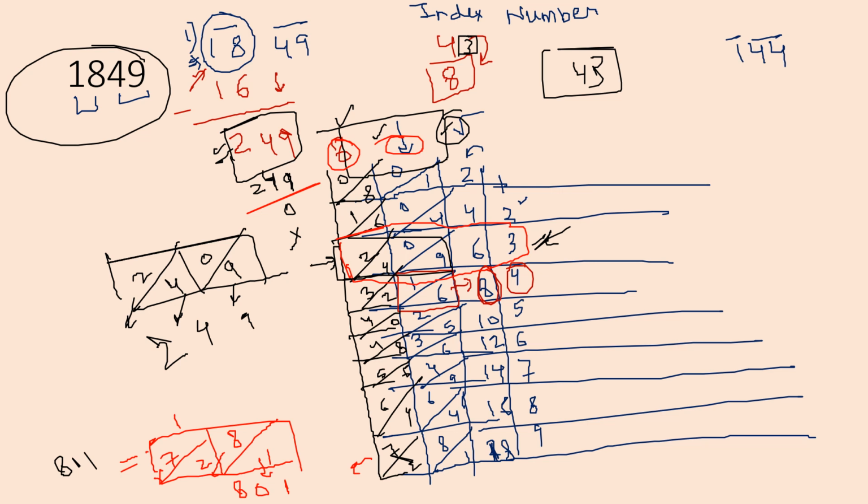Let's move on to another example. So you can see now we have a bigger number. How can we solve this using the same procedure? So we will group this together, starting from backwards. Now 4 is left without any partner, so let it be. Now what are we supposed to do? Firstly, the index number